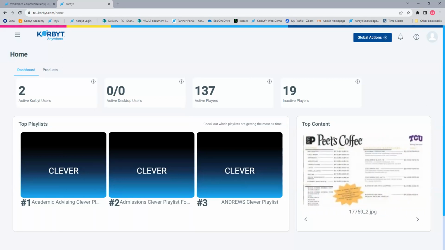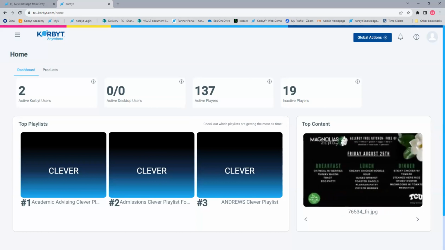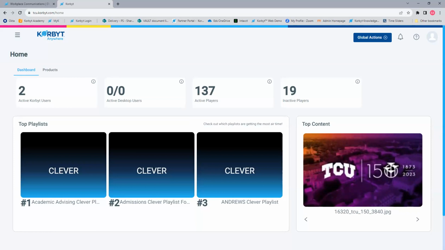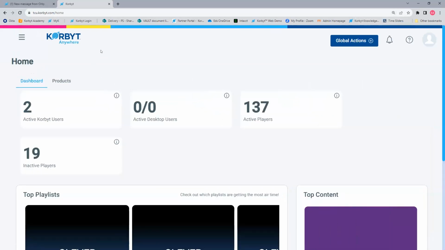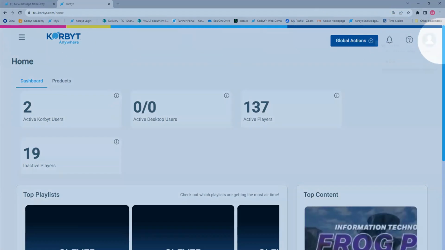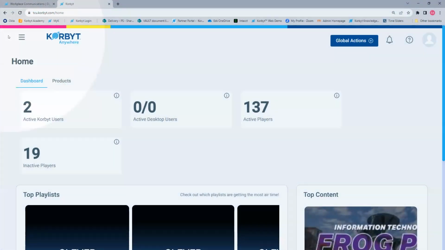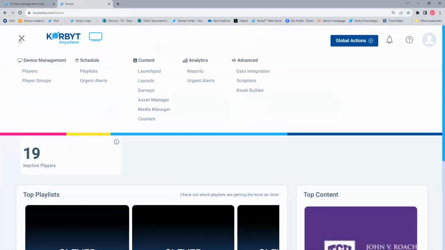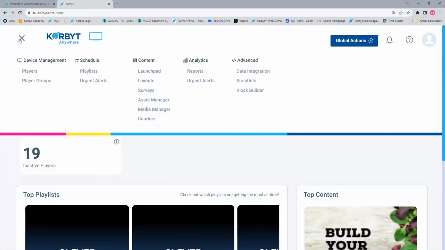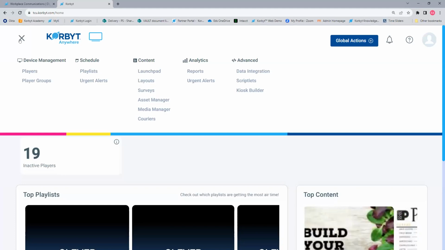Today, we're going to be looking at what content approvers can and can't do in the system, and how you use the interface to control what is being seen on your screens. So looking at the dashboard here, I'm going to zoom my web browser in a little bit. Navigating the system is all done with these icons across the top. The first one, the one you're going to use all the time, is the 3 horizontal lines in the top left corner. Sometimes it gets called a hamburger icon. We call it the mega menu because that opens up all of the sections of your signage solution.